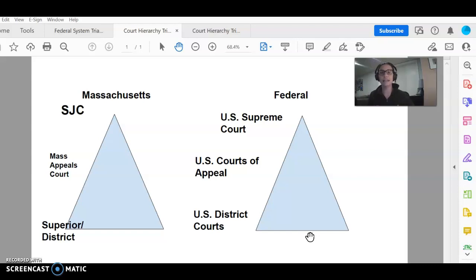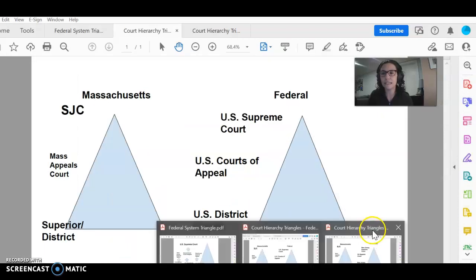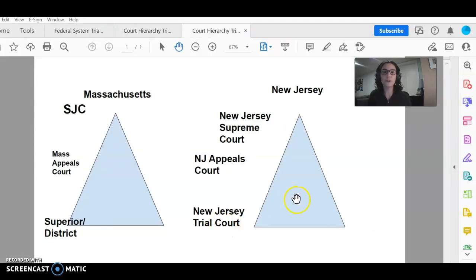They involve a single judge who presides over the trial, and there is a jury of peers available in both the district court at the state level and the district court at the federal level. So as we mentioned, there are trial courts everywhere. I just wanted to jump in and show you quickly the hierarchy for other states. I did print it out, and it's listed on Blackboard. Here, for example, is the hierarchy for New Jersey.